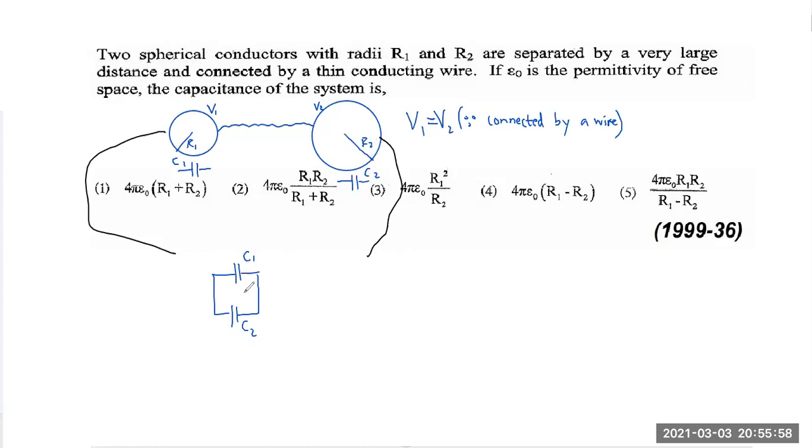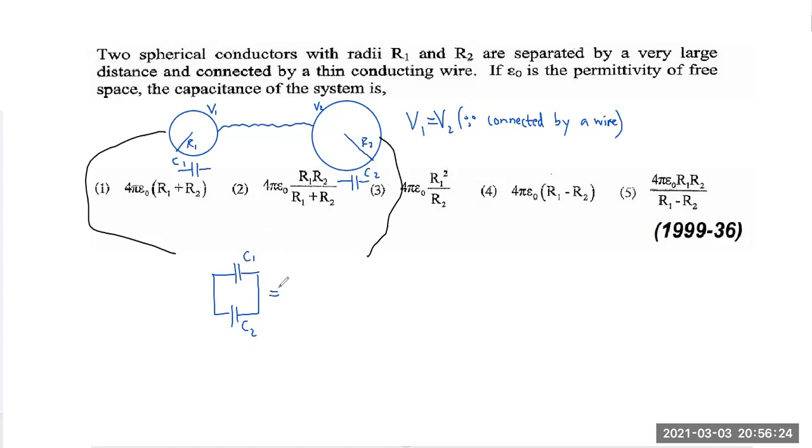So that's number one. If you make a mistake there, then you are in trouble, because both the answers are there. The answer is going to be first or second. One of the answers is correct if you go for a series connection, and the other is correct if you go for a parallel connection. But here you have to consider them parallel, because when you connect them by a thin wire, the potential is the same. Therefore, they are considered to be parallel, right?